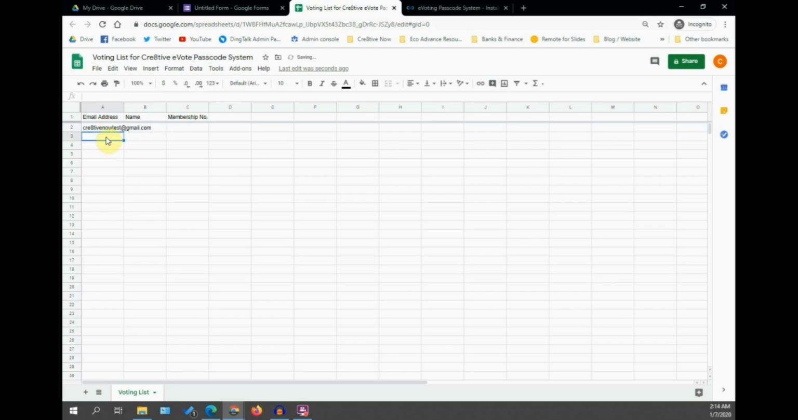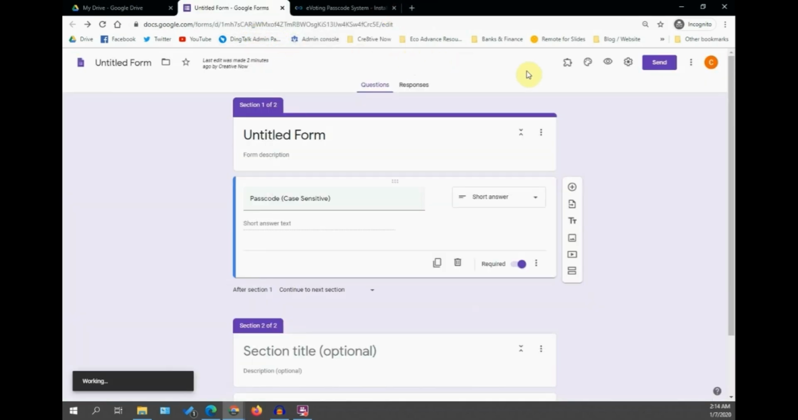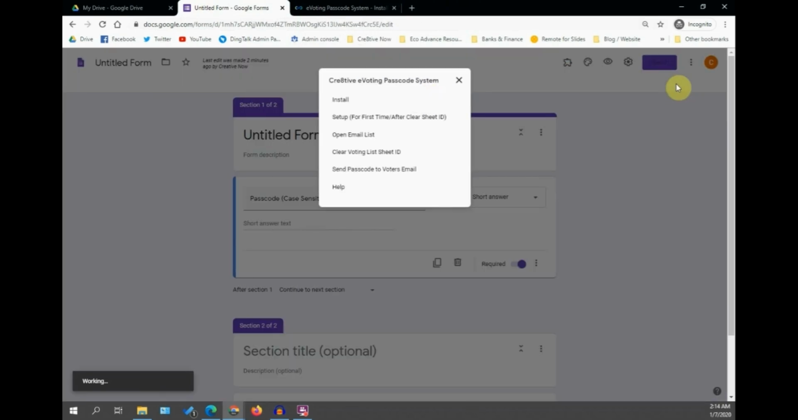So you can put in multiple email addresses here. For testing, I'll put in one email address. Then you can just close it, go back to the Google Form and press on the Cre8tive eVoting passcode system. So for the second selection